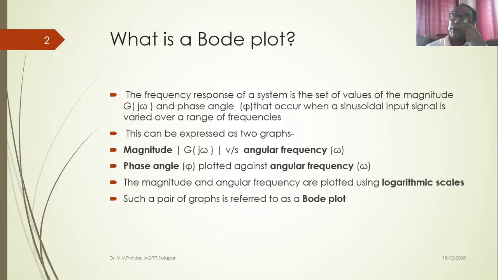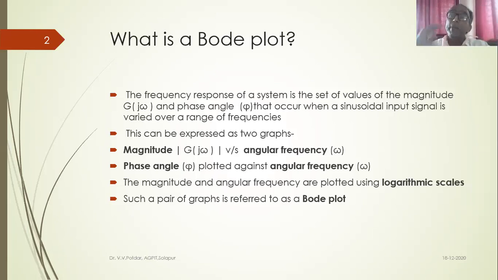So on the x-axis, the frequencies are normally converted into logarithmic scale. The x scale is logarithmic, but the y scale is regular decimal scale. On the y scale, in the first graph I plot magnitude, which is normally in decibel. We'll discuss that later. So magnitude is on a regular decimal scale, and even the phase angle, just beneath that magnitude versus omega plot, I draw the phase angle versus omega plot.